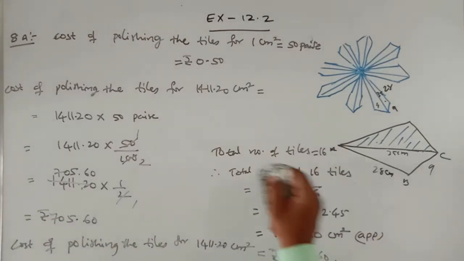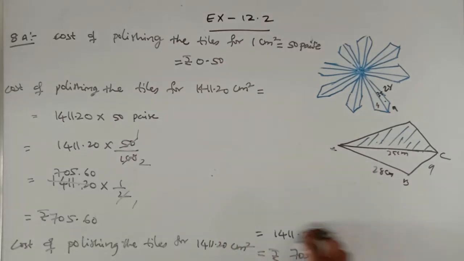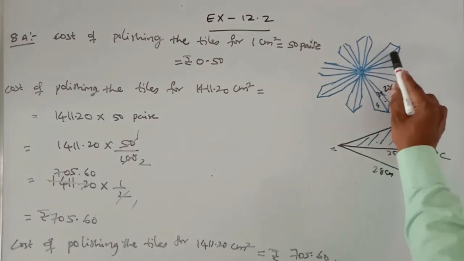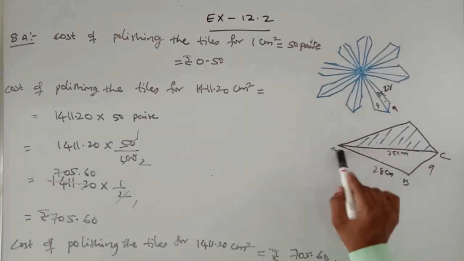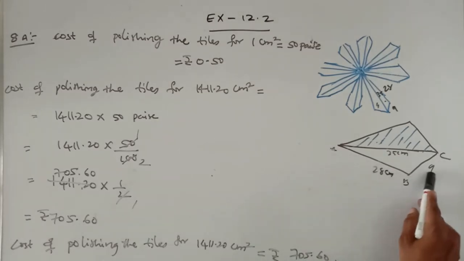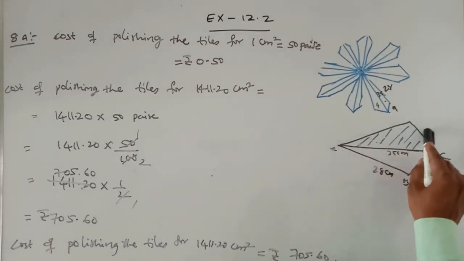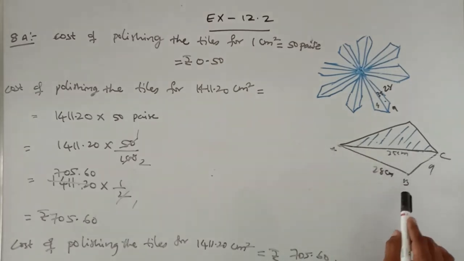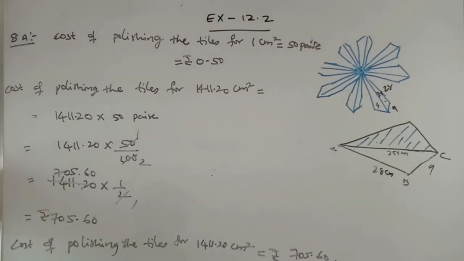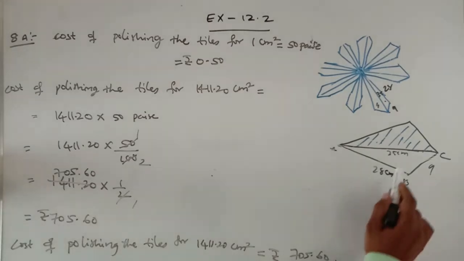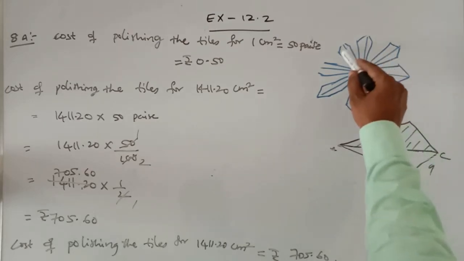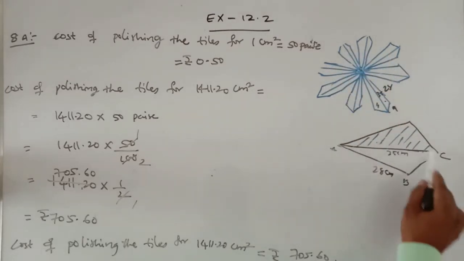So children, here see. Here it is a floral design, and here two colors of tiles are present. So I am splitting this figure like this, and the lengths are given 28, 9, 35. I am going to calculate one tile area. I am going to get an area of 36 root 6 square centimeters. Total how many are there? 1, 2, 3, 4, 5, 6, 7, 8. 8 twos are 16. Total number of tiles are going to be 16.